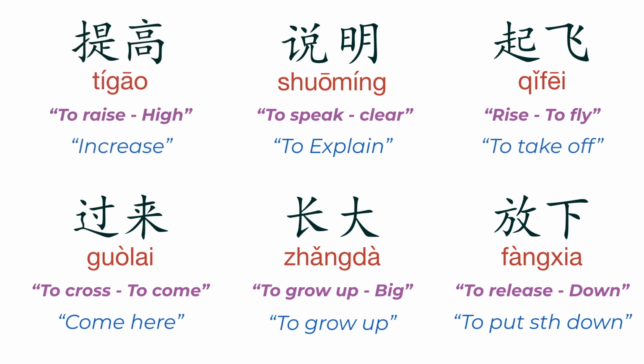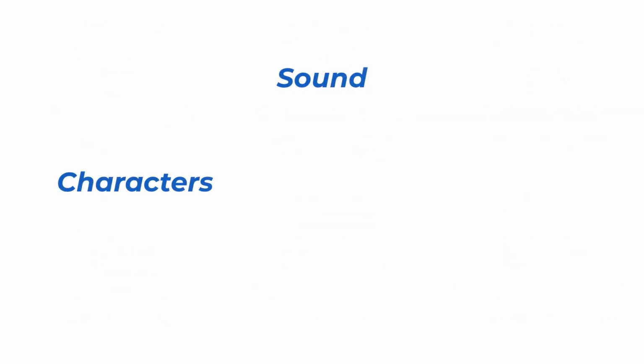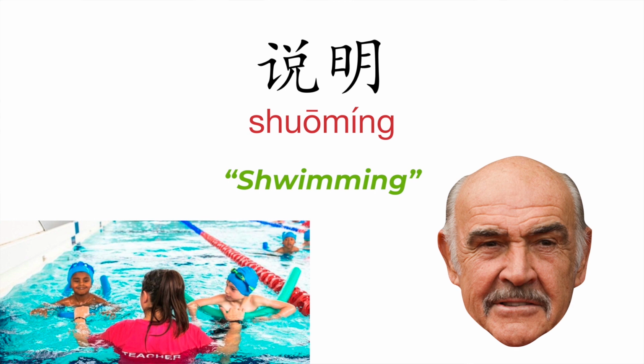Now, if looking at the two characters alone doesn't make the meaning of the word clear to you, you could then look at the pronunciation and how it sounds. So that's the next one, sound. 说明, 说明. Well, that sort of sounds like swimming. Maybe if you had a sort of heavy Scottish accent, swimming, Sean Connery style. Well, what does that make you think of when you think of swimming? Do you think of an instructor? Maybe the instructor happens to be Scottish, unlikely, but hey, maybe you think of a swimming instructor. Well, a swimming instructor explaining to you your technique is, of course, a connection you can make very easily, and